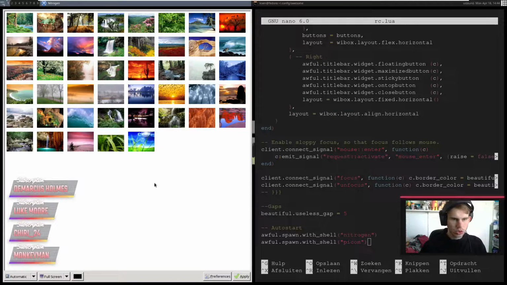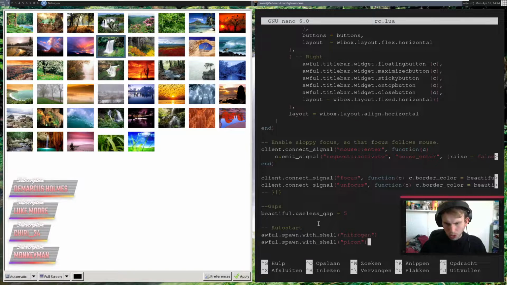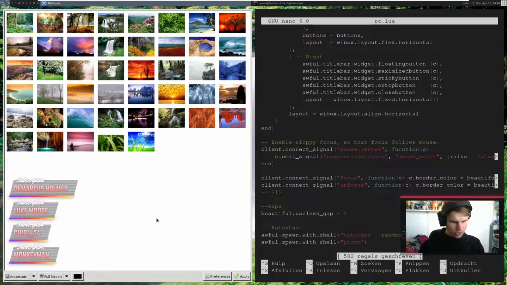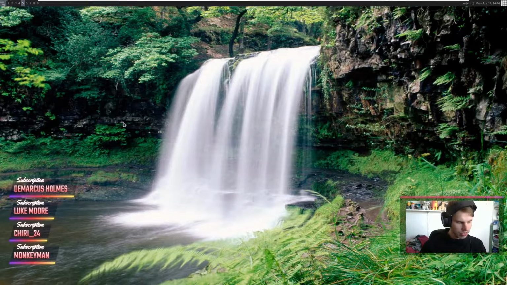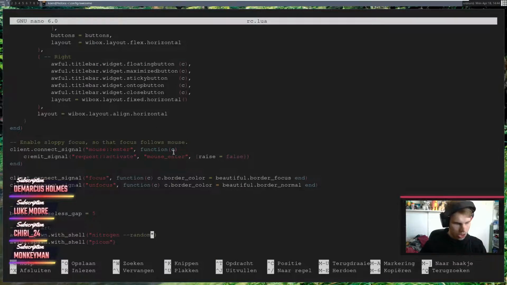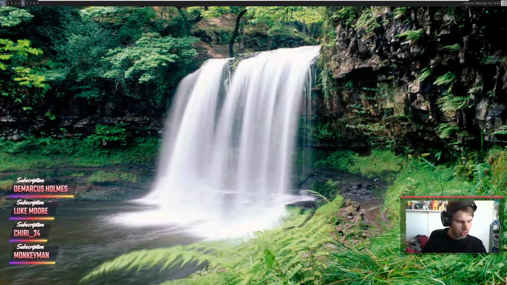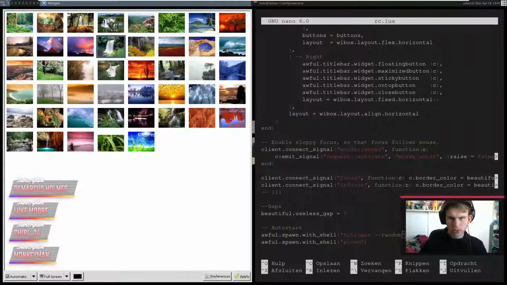Oh. Yeah, that is not what I want. I want this to be set to --random. And basically what that's going to do is it's going to load up a new wallpaper every time that I reload my window manager. So what I need to do then is just go reload.